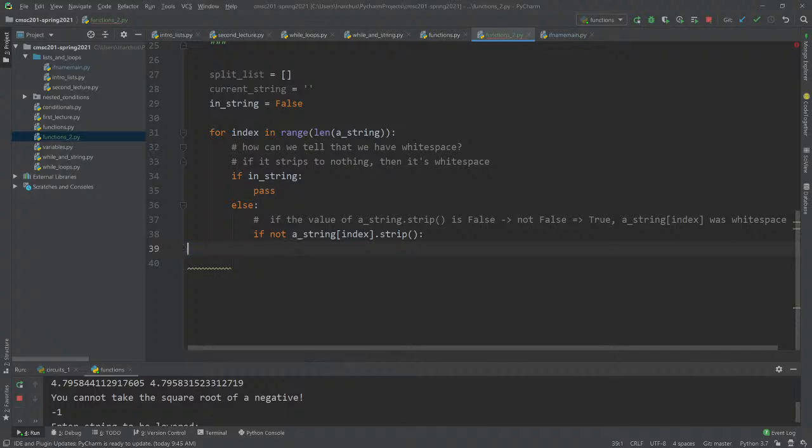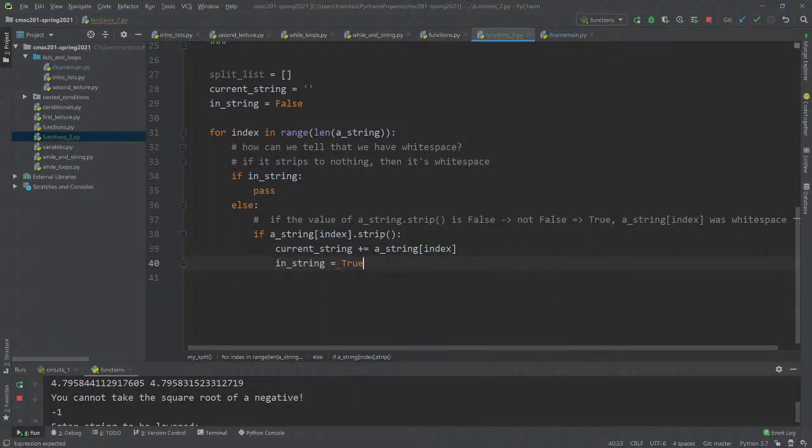So what we really care about is if we're not in a string and the thing isn't white space, then we'll set current string plus equals a string at index, and then we will set in string equals true, and that's what we're going to do.